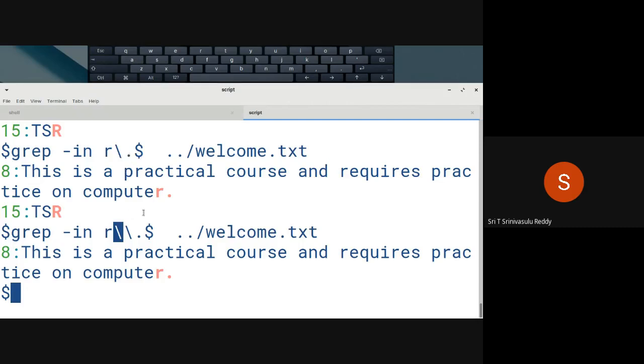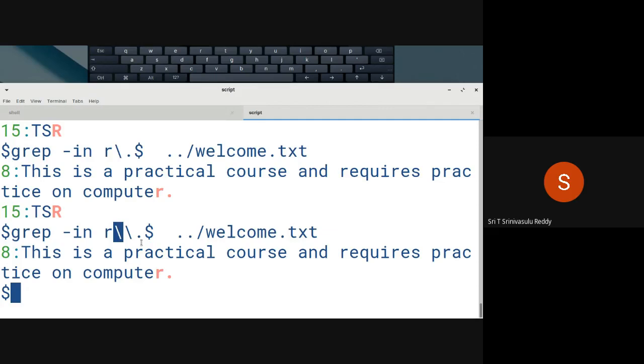So that's why you are escaping by using two reverse slashes. We'll spend some more time on this particular thing in the next class. But start acquiring the material and all that. Start reading so that you can appreciate the classes.